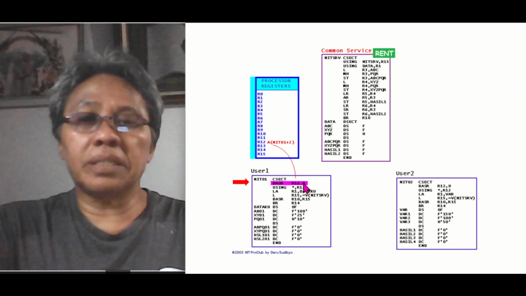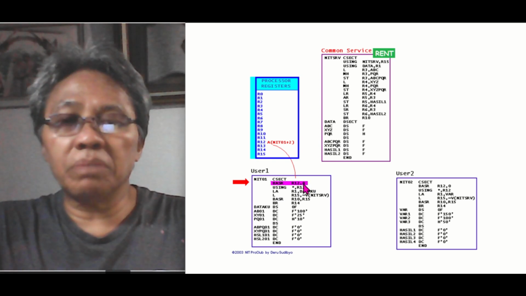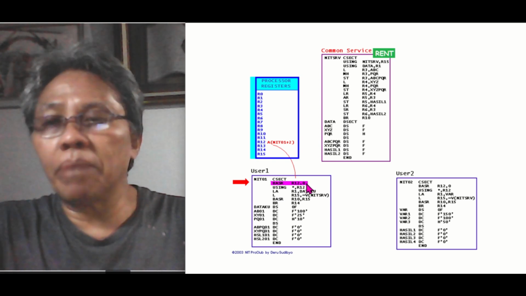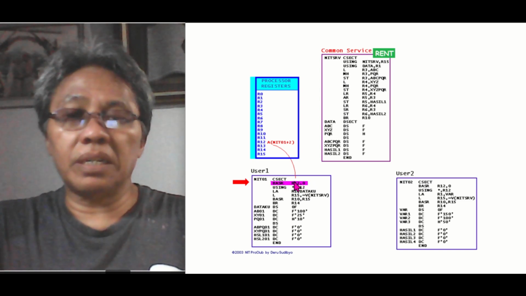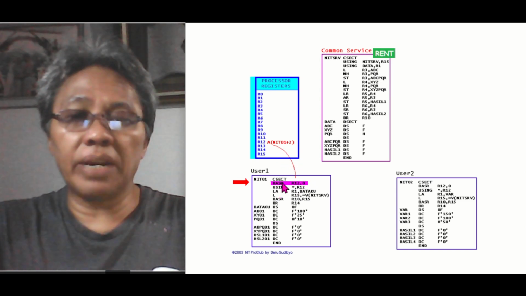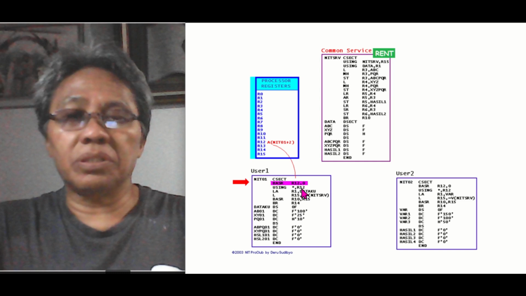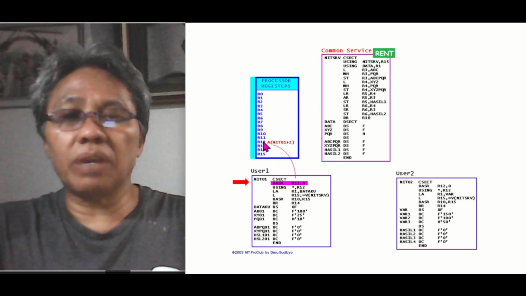But as it is 0, that represents that the second operand is not used. So the only thing that happens here is that the address of the next sequential instruction is loaded into register 12.